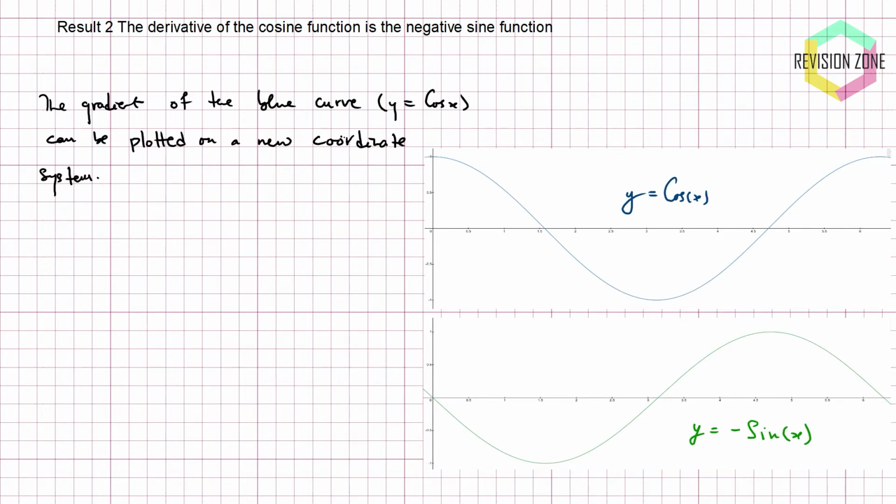So the green curve, which of course is y equals minus sine x,